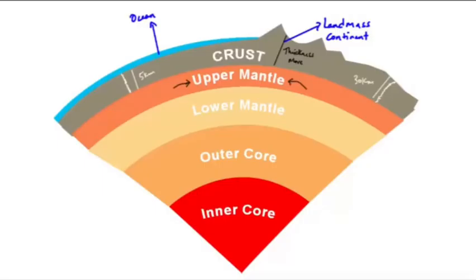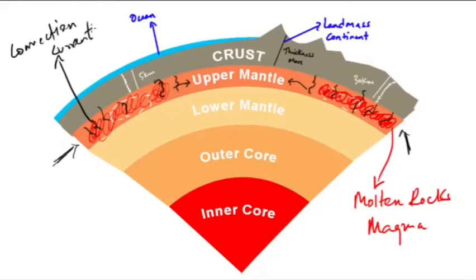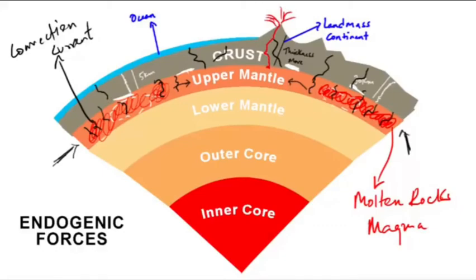So the Earth has different layers. The mantle, which is just below the crust, is filled with molten rocks known as magma. And magma is continuously moving in a circular manner. This movement of magma in the mantle creates convection currents, and this is what causes the plates, which include oceanic as well as continental crust, to move. Earthquakes are also caused because of this. Then volcanic eruption takes place because of this. So all these are endogenic forces that arise from within.